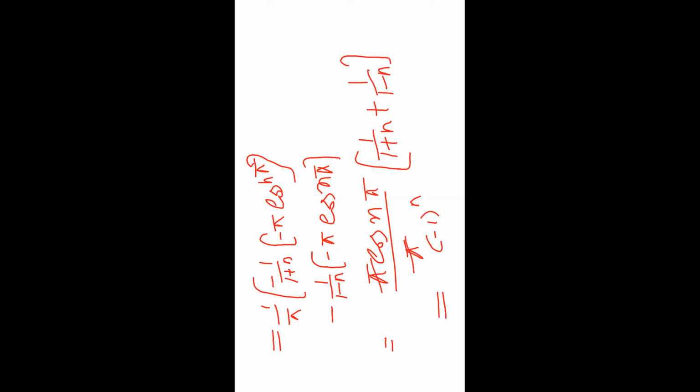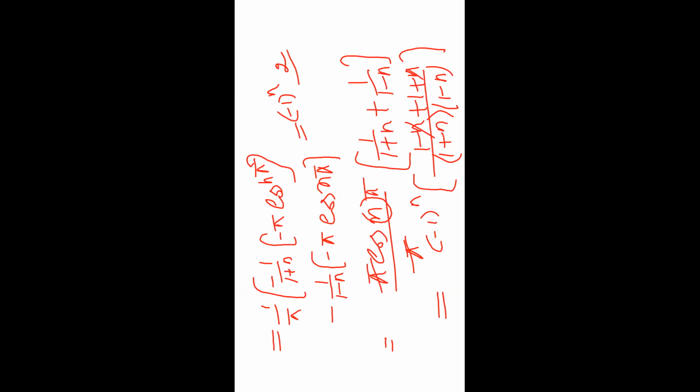So is it positive or negative? It depends on n. Suppose n equals 1, it is negative, so the odd angles of cos are negative. Suppose n equals 2, it is positive. So negative and positive values are both involved in n. That's why I am writing minus 1 power n. And taking the LCM in parenthesis, 1 plus n into 1 minus n. Cross multiplication, 1 minus n and 1 plus n. The n cancels. The final value is minus 1 power n into